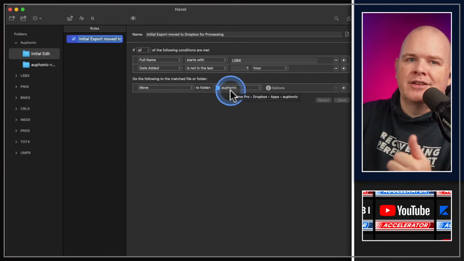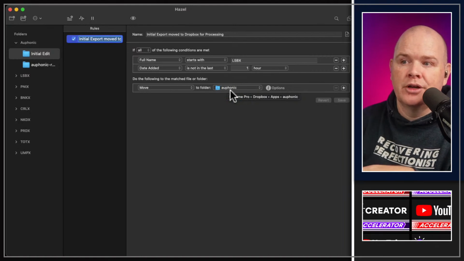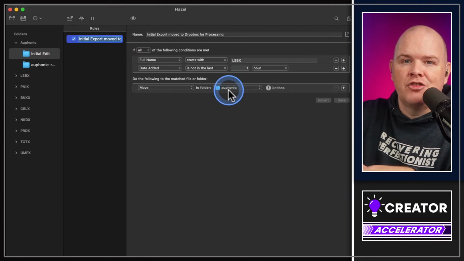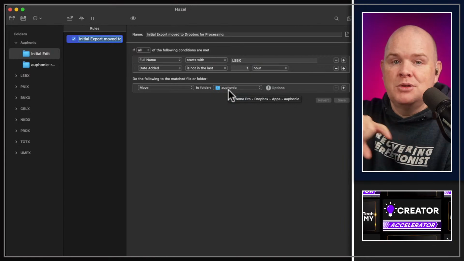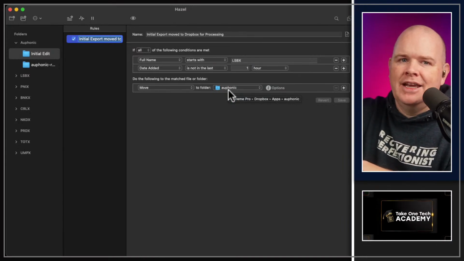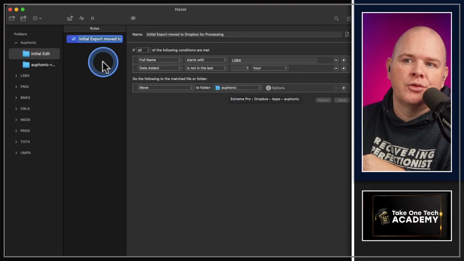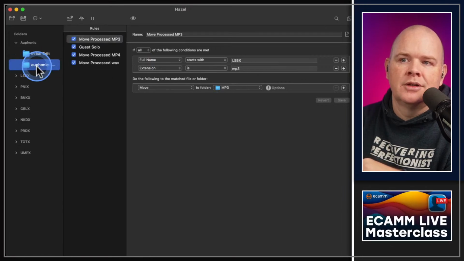Now, I've got Auphonic set up. It's all done in the cloud, but then I have it watching a Dropbox folder. So it watches this one. So it then grabs that file that's just been moved to that Dropbox folder, processes it in Auphonic's servers, and then Auphonic puts it into another Dropbox folder, which happens to be this one called